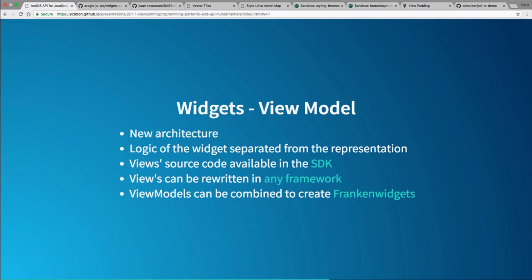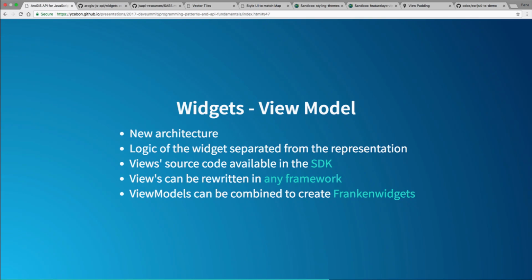So for example, when you work with the zoom widget, it's just a button that listens for an event that says, call zoomViewModel.zoomIn or zoomViewModel.zoomOut. That's a really simple case, and other widgets like the search widget and a few more are quite a bit more complicated, like the layer list or legend, with more complicated view models. But it helps us separate that logic and the separation of concerns, to be able to modify what we need to